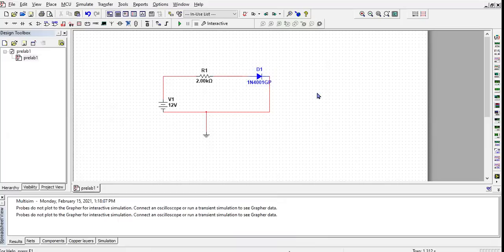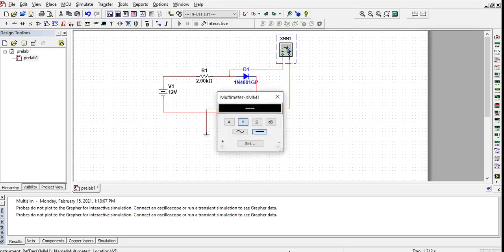Now, which device should I use if I want to measure the voltage across the diode and the resistance? Multimeter. Why not oscilloscope? It's a DC. Yes, this is DC, the power source. There is no need of an oscilloscope. You'll just pick the multimeter and we will connect it across the